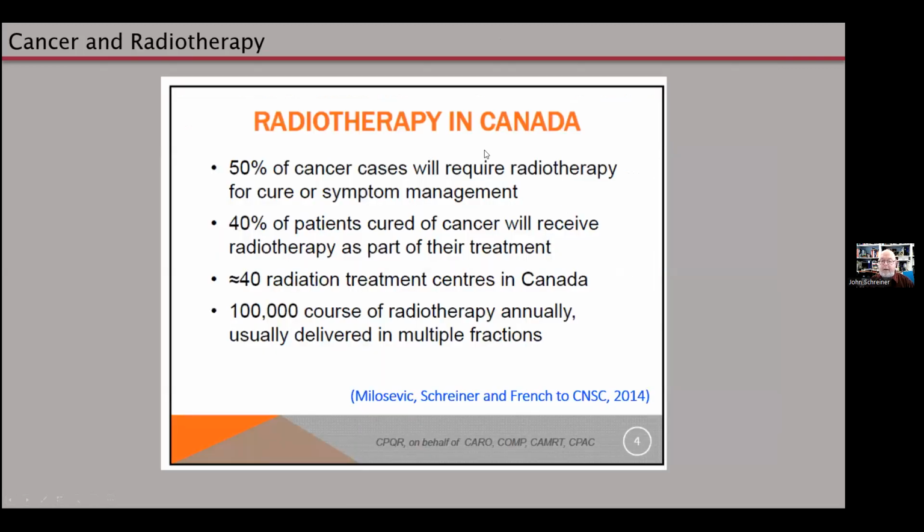In Canada and in much of the developed world, and what we think should be the case for all the world, at least 50% of cancer patients will have radiotherapy at some time during the course of the treatment of their disease. So radiotherapy is one of the